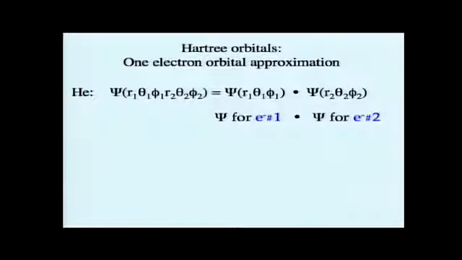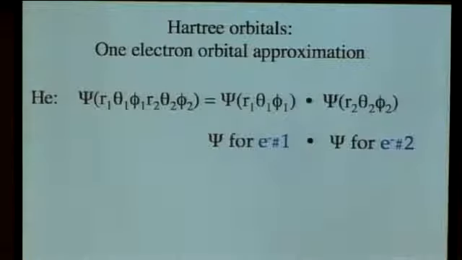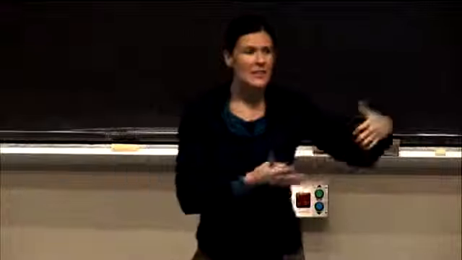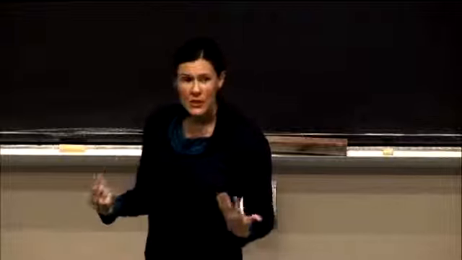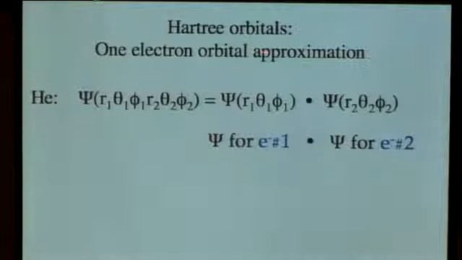The most straightforward way to do this is to make what's called a one-electron orbital approximation. And when you do, you get out what are called Hartree orbitals. What this means is that instead of considering the wave function as a function, for example, for helium, of 6 different variables, we break it up and treat each electron as a separate wave function and say that our assumption is that the total wave function is equal to the product of the 2 individual wave functions. So for example, for helium, we can break it up into the wave function for the r, theta, and